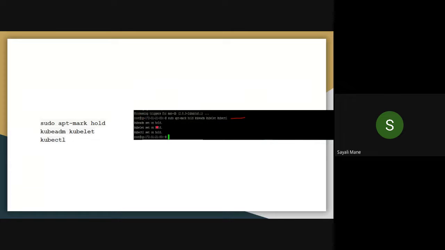If you are getting this message, please take a screenshot of it, highlight this command and save it. Done with this, the second command.